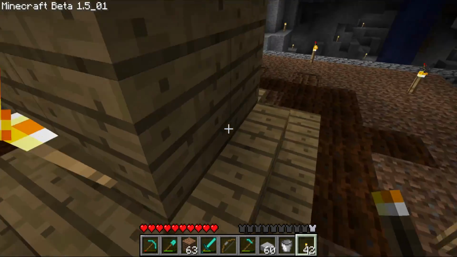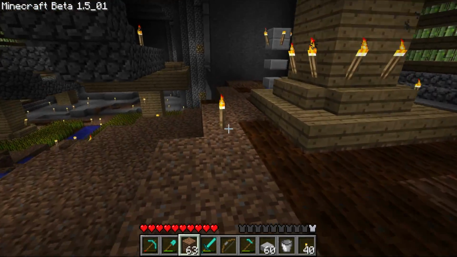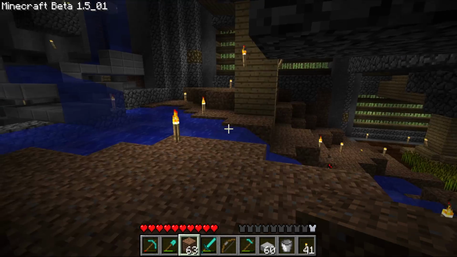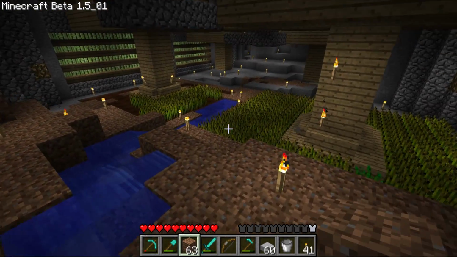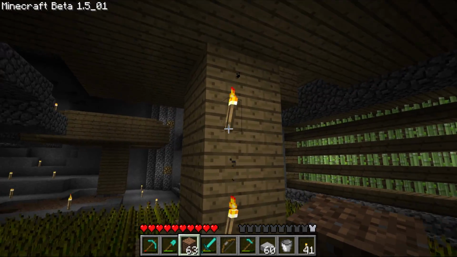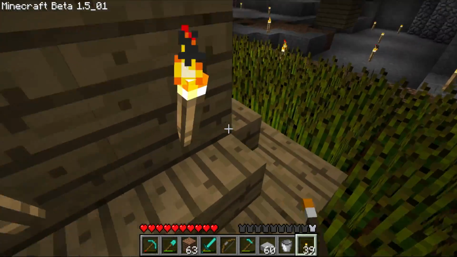Maybe I will go ahead and just put 8 torches on the bottom. That does improve the lighting a lot. Yeah, okay, so we'll do something like that. So we're going to come down into here. Obviously, I can hide water sources under there like I've done. Want to get rid of that torch, though. So let's go and do this.